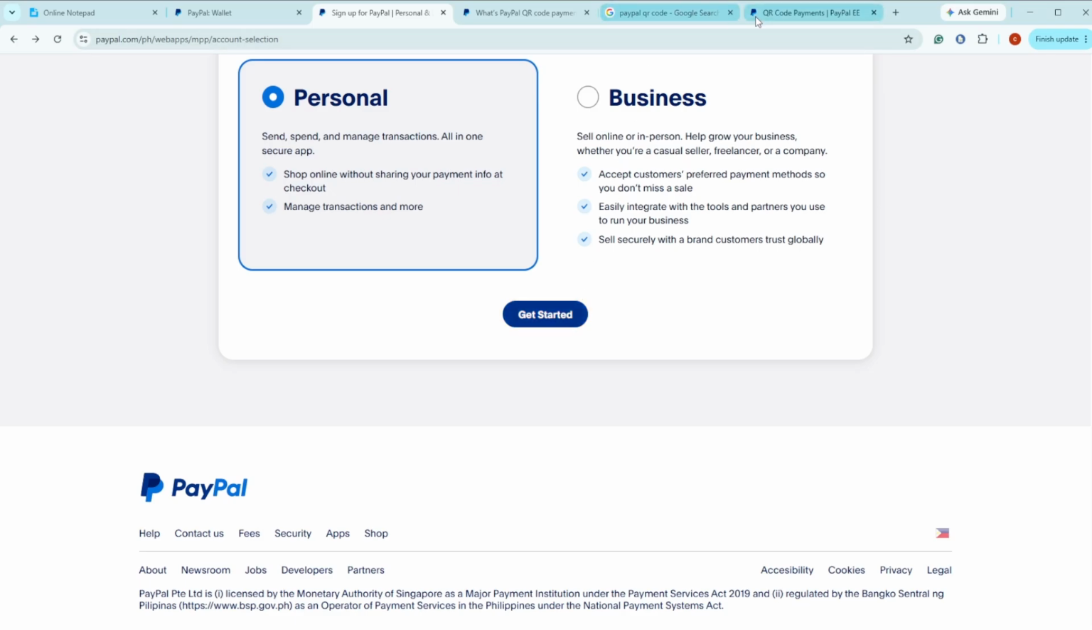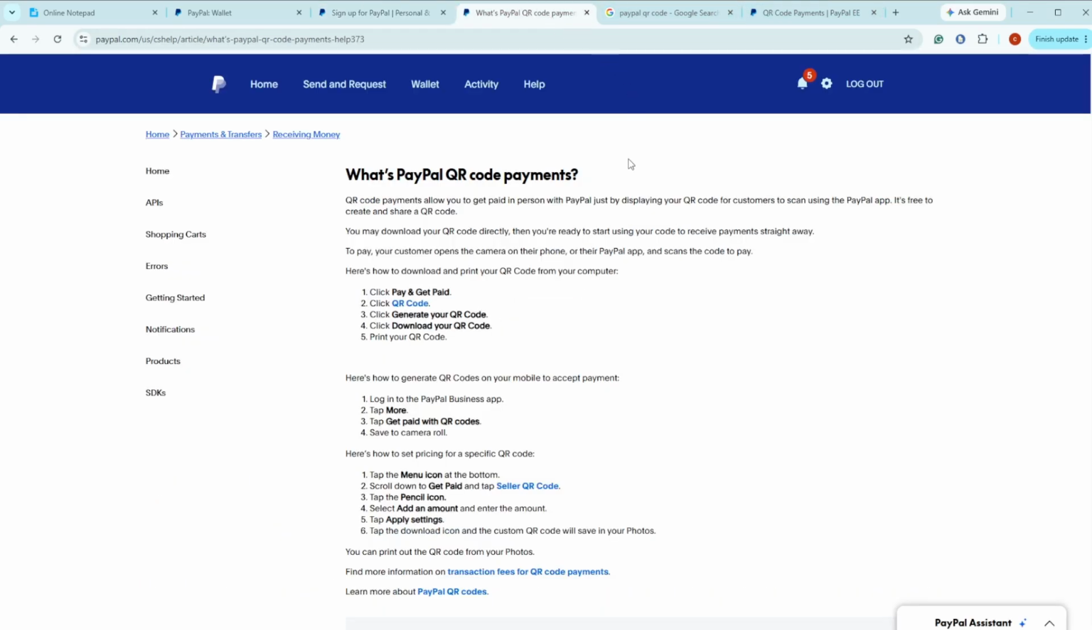Now, let's delve into why scanning a PayPal QR code can be so beneficial. This form of payment allows for contactless transactions, which is crucial for maintaining hygiene, especially in public spaces or during health crises. QR code payments are not just about hygiene, they also offer speed and efficiency, significantly reducing the time spent at checkout. This is advantageous for both customers looking for quick transactions and businesses aiming to serve more clients